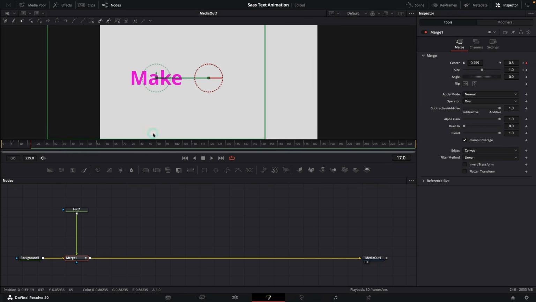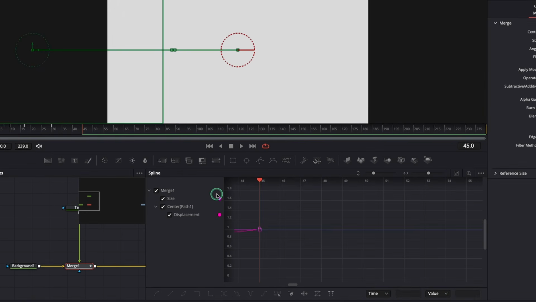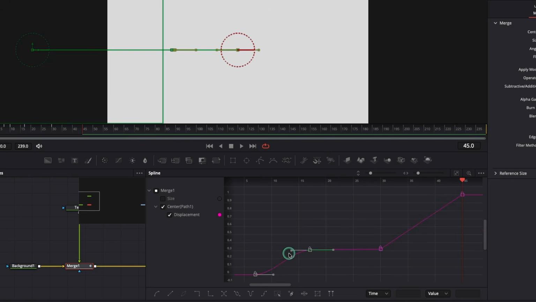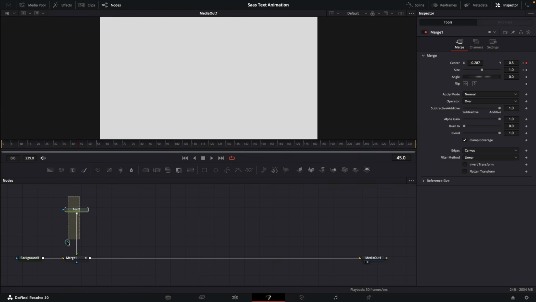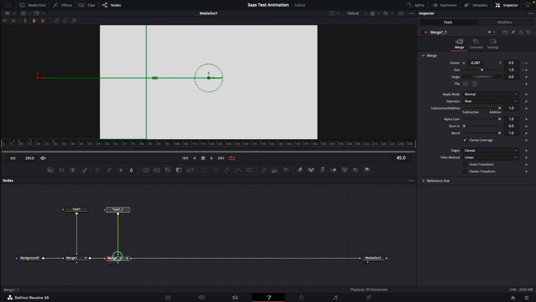left. Then about 12 frames later, I will push it just a tiny bit for a subtle drift. And about 15 frames after that, move it fully off screen. Now back in the spline editor, I'll make sure only the center spline is visible, hit zoom to fit, and smooth the motion. Next, I will copy this text node and its merge, paste them here, hold shift, and merge